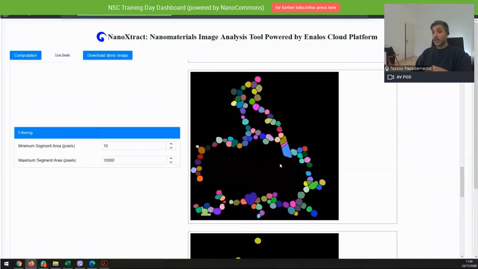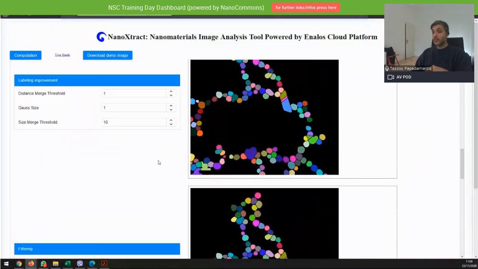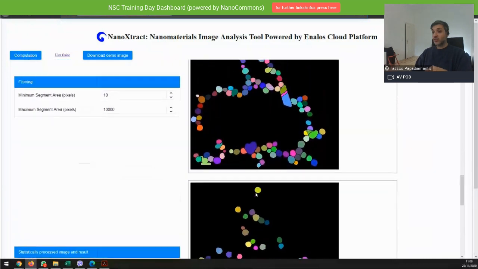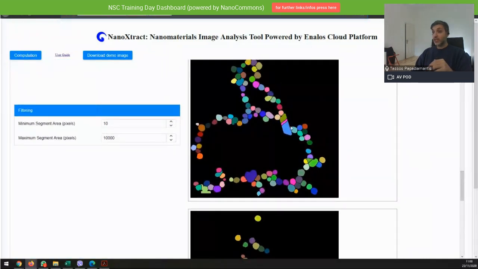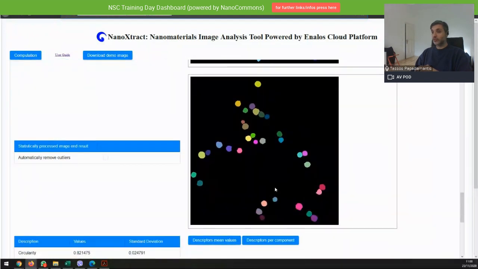And then again, with the labeling improvement, more or less with the default values here, you get a very good labeling of the nanomaterials. And eventually, when it comes to filtering, because we apply a lower and higher cutoff value, and as you can see the nanomaterials more or less are within the same range, all these artifacts here, like the scale bar that has remained and the big artifact here, have been removed.